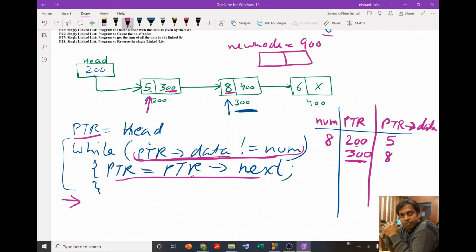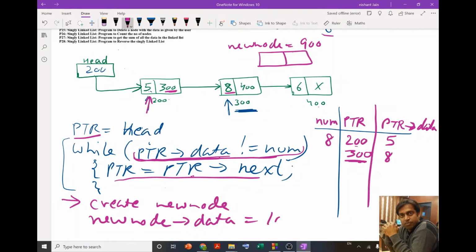After this while loop, first we are going to create a new node, then we are going to store the data. So new node data, let it be 10, so 10 will be over here. Now to connect this new node to the linked list, we have to update the addresses in the next pointer.